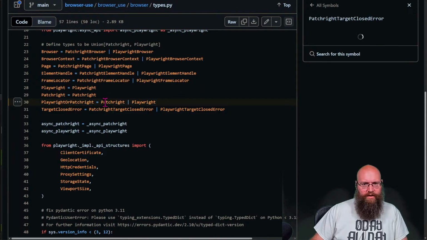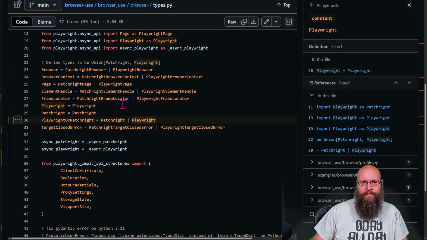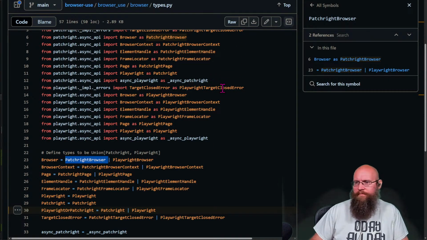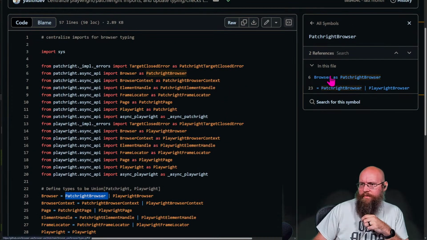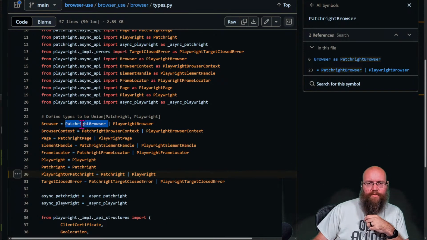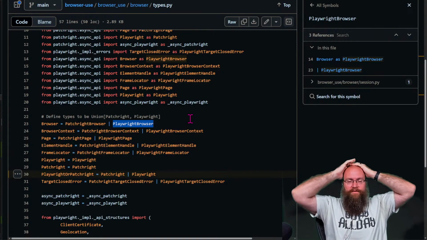It's in here, it looks like... So from line 6, browser as Patchright. So I guess if we didn't have Patchright, it would just be Playwright in here. Yeah, that's kind of what it looked like.